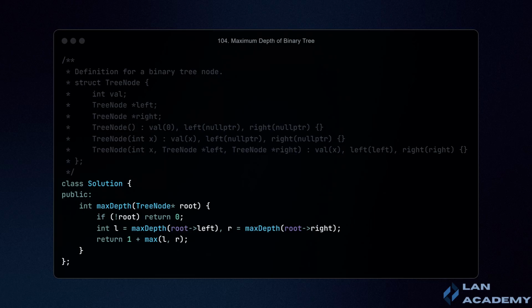In conclusion, the recursive approach taken is efficient because it traverses each node of the binary tree only once, calculating the depths of the subtrees and determining the maximum depth according to those. Using the max function ensures that we always get the maximum depth of the binary tree starting from the root. This solution has a time complexity of O(n), where n is the total number of nodes in the tree, due to the traversal of each node.